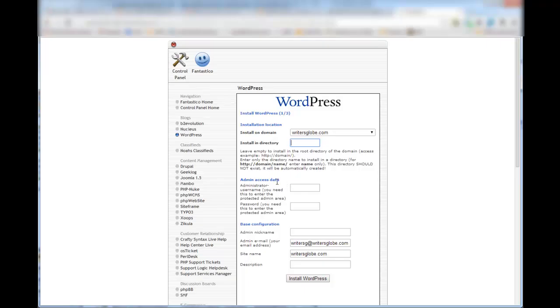Okay, the next thing you need to do is enter the admin access data, where you're going to have a login and password for WordPress. That's how you get into the control center or the dashboard. A lot of people just leave that as admin. It used to be that when it installed WordPress, it would default to admin. The reason they changed that, and the reason you want to use a different username here,